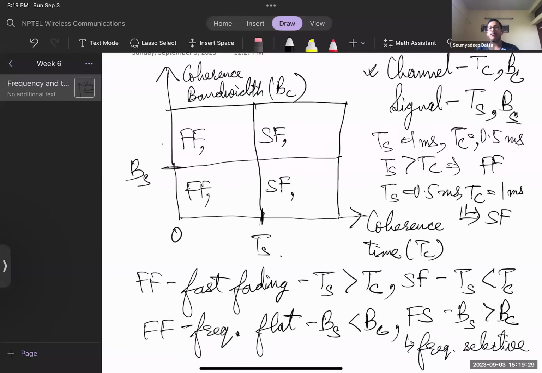And we also know that the channel has a coherence bandwidth, that is a certain range of frequency shifts for which the channel does not change as much, which is Bc, right? And if the signal bandwidth is higher than the coherence bandwidth, it means that